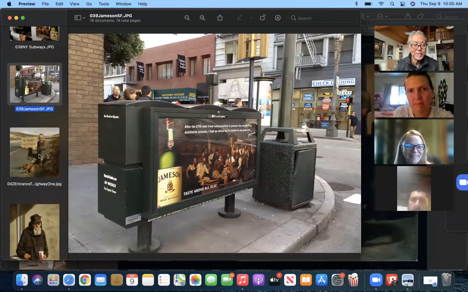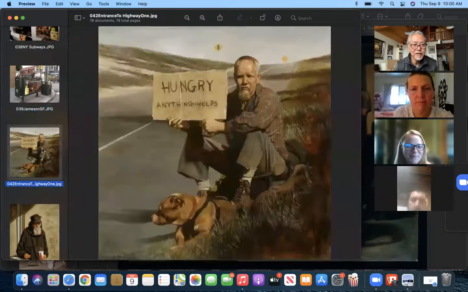Anyway, so then moving on, here's a painting. I do paintings of field workers. I'm sure many of you are aware. This